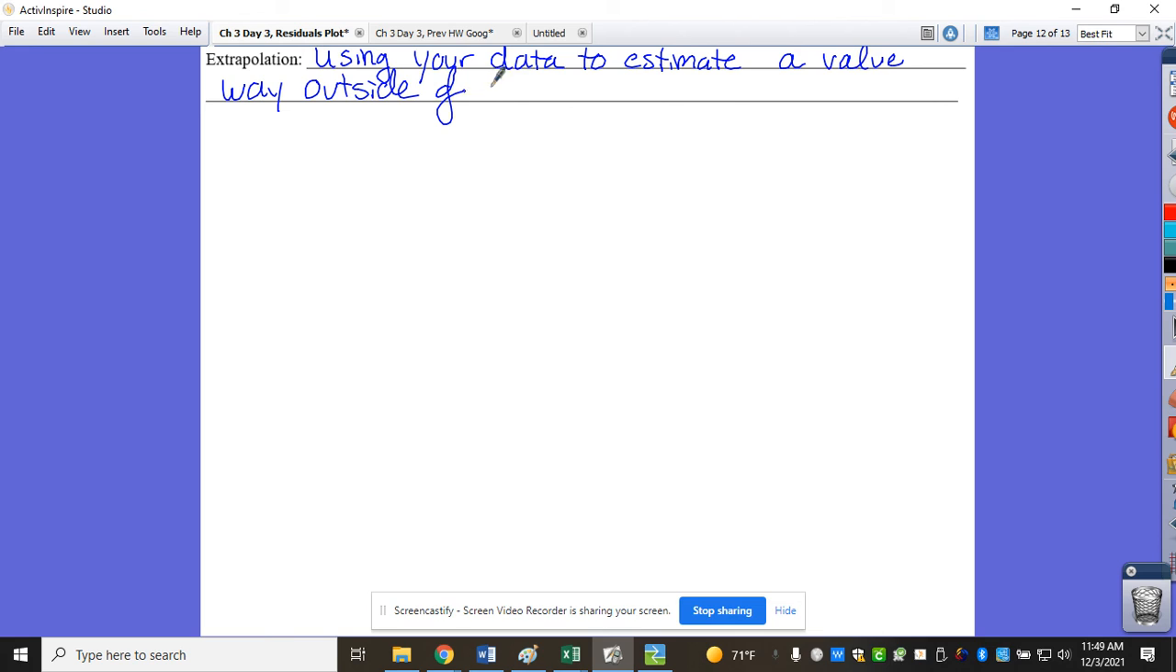What context are we talking about? Just in general. So, the test rates thing. What if all of our test averages were between like 69 and 90s? So if all of a sudden I had somebody who had a test average of like a 12, this line might not work. So that would be extrapolation, which is using your data to estimate a value way outside of your X values. Now, we deal with extrapolation a lot, and I'm going to ask you to do extrapolation,